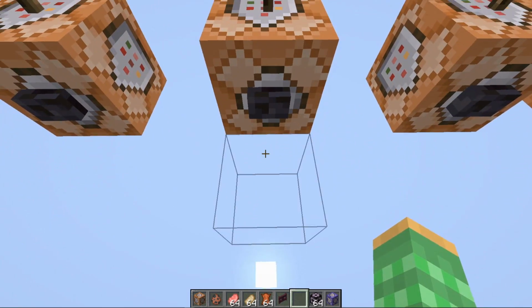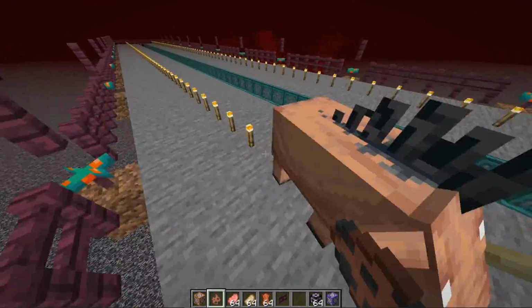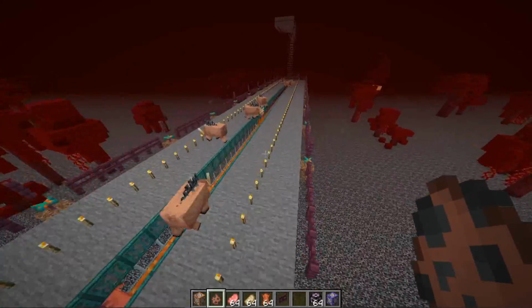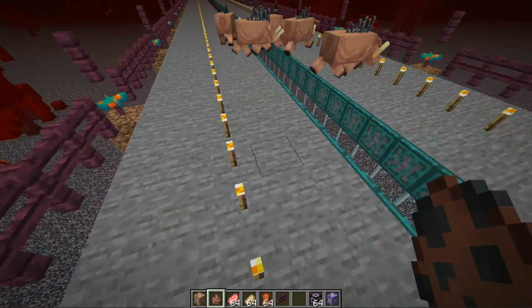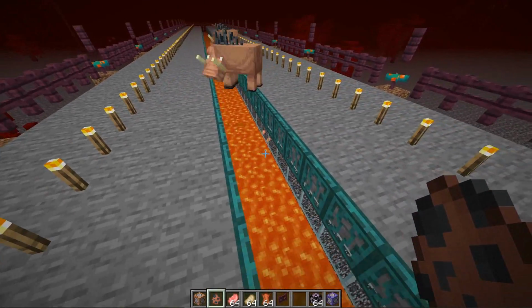Next, we'll take a look at the big Hoglin farm. This one here is designed to produce a ton of hoglins. Good for servers where you have a lot of members and you want to get enough food for everybody. The hoglins have a lot more area where they can spawn in, and they do spawn with hostile mob caps, so they can spawn in large amounts very quickly,